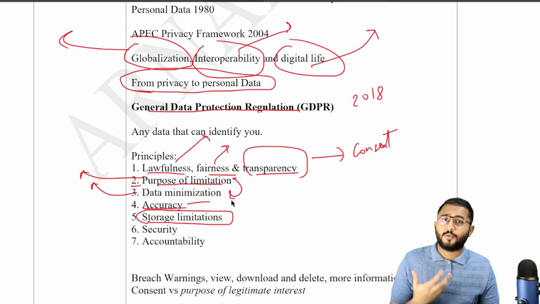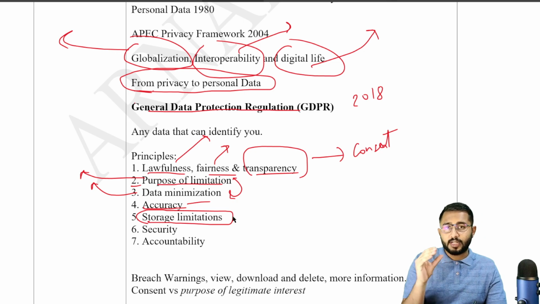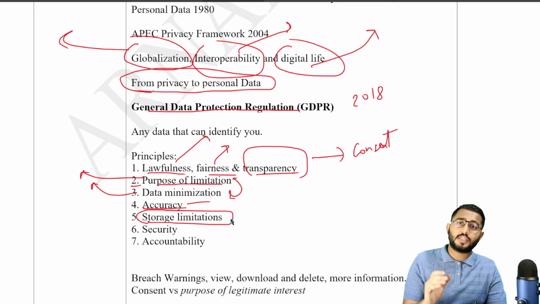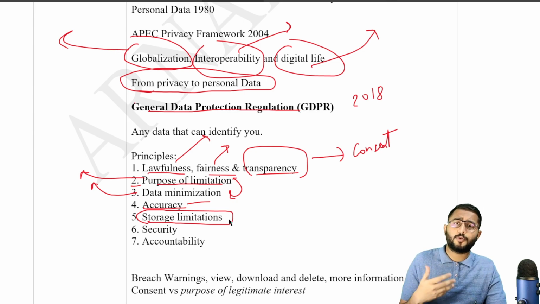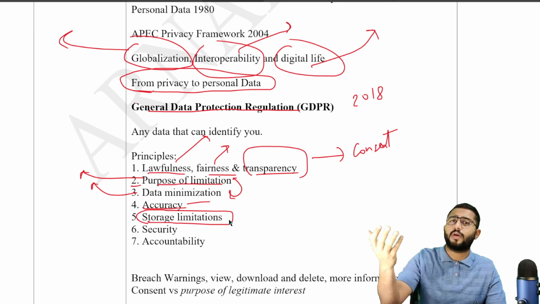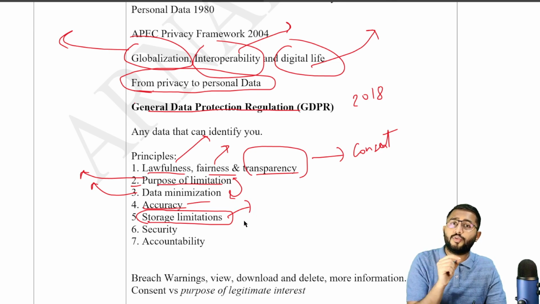Very simply, storage limitation says that जितने टाइम के लिए डेटा चाहिए उतने टाइम के लिए ही डेटा लिया जाएगा, उसके बाद ये डेटा नहीं यूज़ किया जाएगा. अब इसका मतलब ये नहीं कि एक कंपनी बोल देगी अरे ये डेटा तो मैं इनफाइनाइट टाइम के लिए लेना चाहता हूँ because I don't know when I am going to use the data. You can't do that anymore. You have to give a go ahead on how long you need the data for.